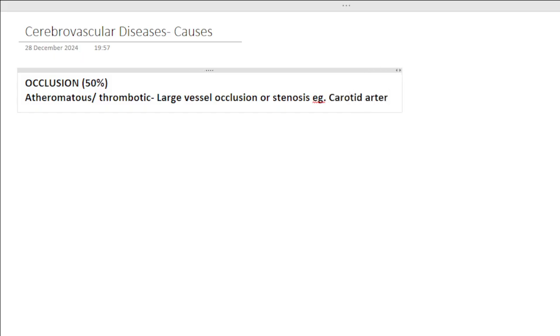It could be large vessel occlusion or stenosis. Any example of this? We are going to talk about examples meanwhile. Carotid artery, very nice. Looks like you have studied this. So either it's a large vessel occlusion